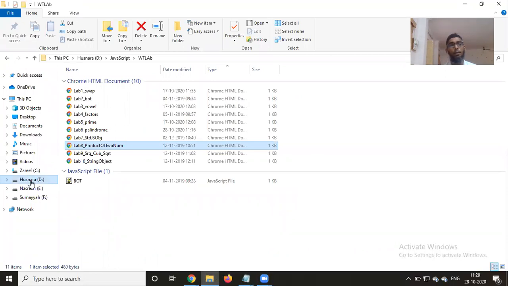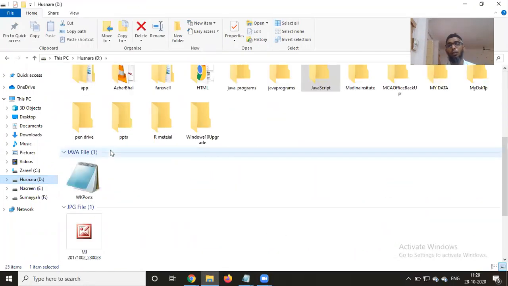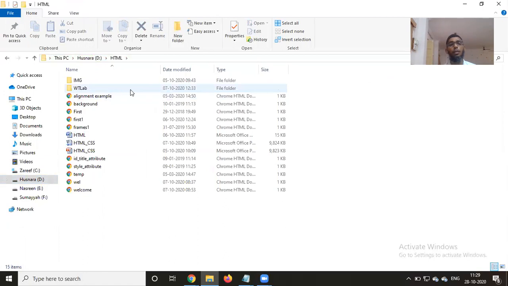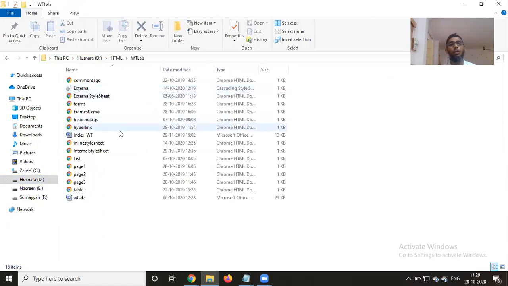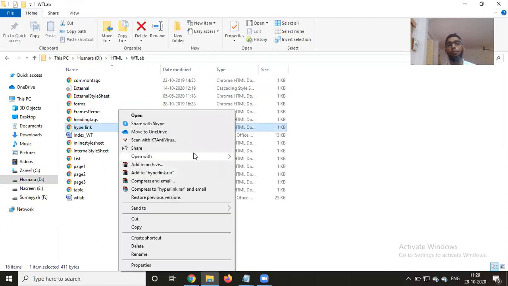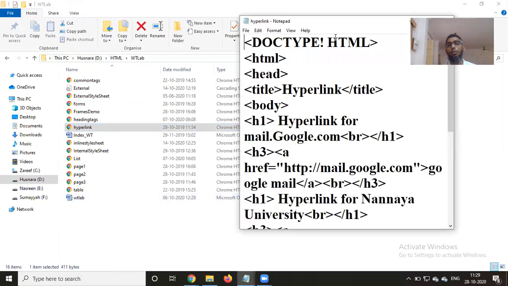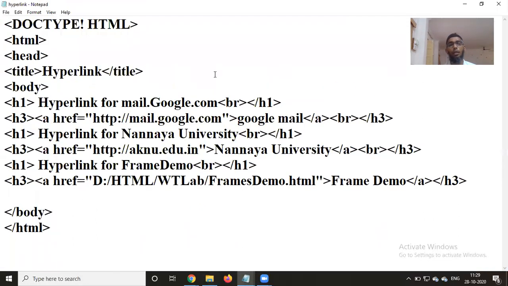Previously, we have done some HTML stuff there. I have discussed the hyperlink. In the hyperlink, you are going to specify the reference.